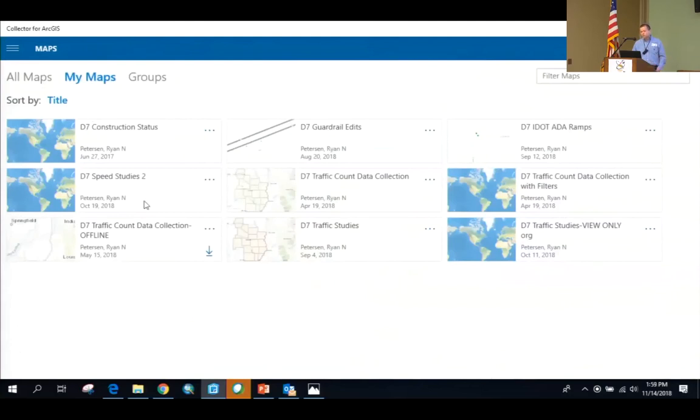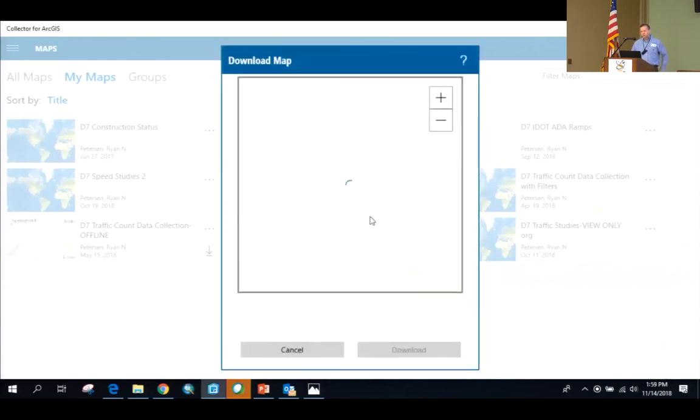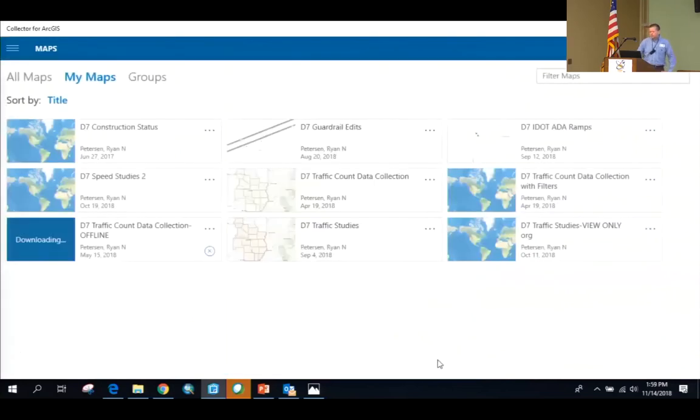So to use offline, I click on the down arrow. It wants me to select my base map. I'm going to select the town one, which I call town. Basically, it's our IDOT road network. I'll add the other one in later. You select your work area and download it. It shouldn't take more than a few seconds to download. While this is doing that,